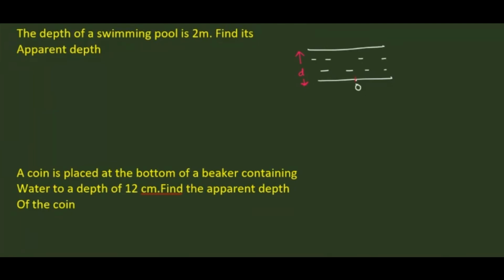Now first draw a normal ray. This is a normal, it goes undeviated. Another one is oblique incidence. At this point, draw a normal. Now this is the refracted ray. For us, these two rays extend backwards. For us this appears as the depth. This depth we call the apparent depth, that is d dash, or not? Yes or no, my dear? This is water, this is air.